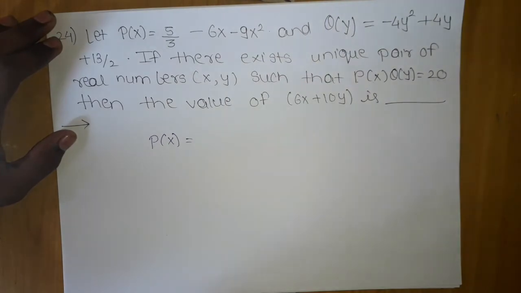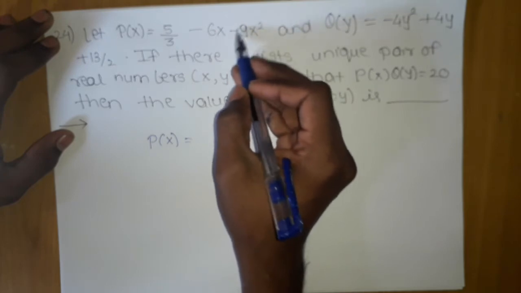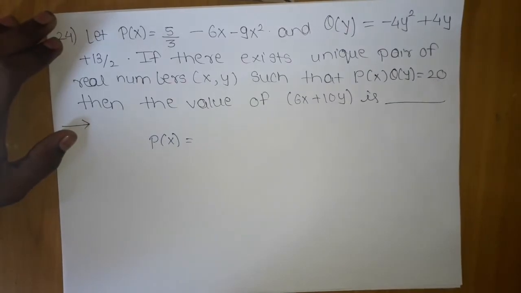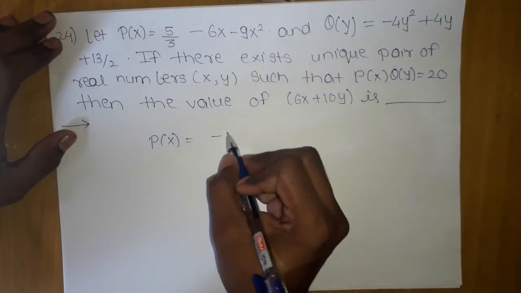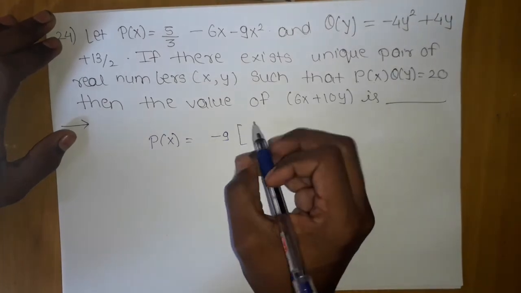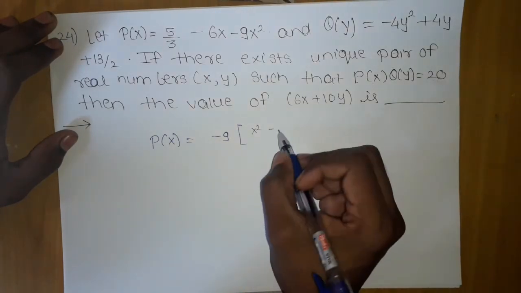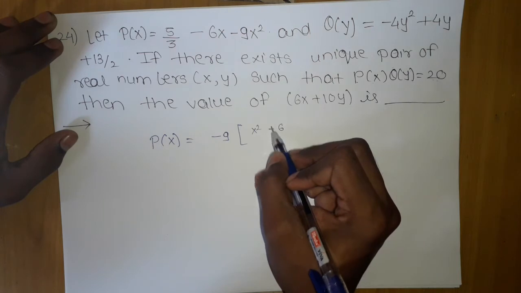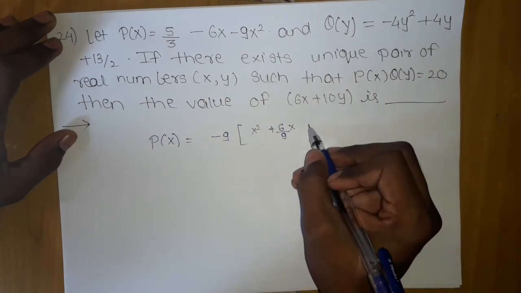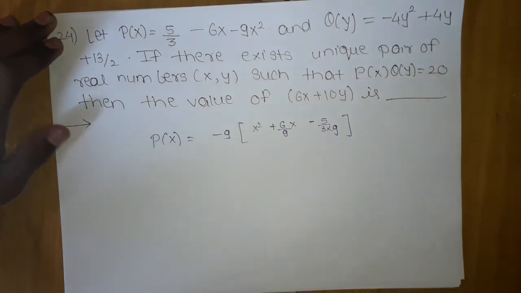The best way to create a perfect square is to get the 9x square as a positive one, then make a perfect square and then give it back to the equation. I will show you how. Take minus 9 common. What you get is x square first, minus, plus 6 by 9 into x, and here minus 5 by 3 into 9. This is the basic thing which you will get.